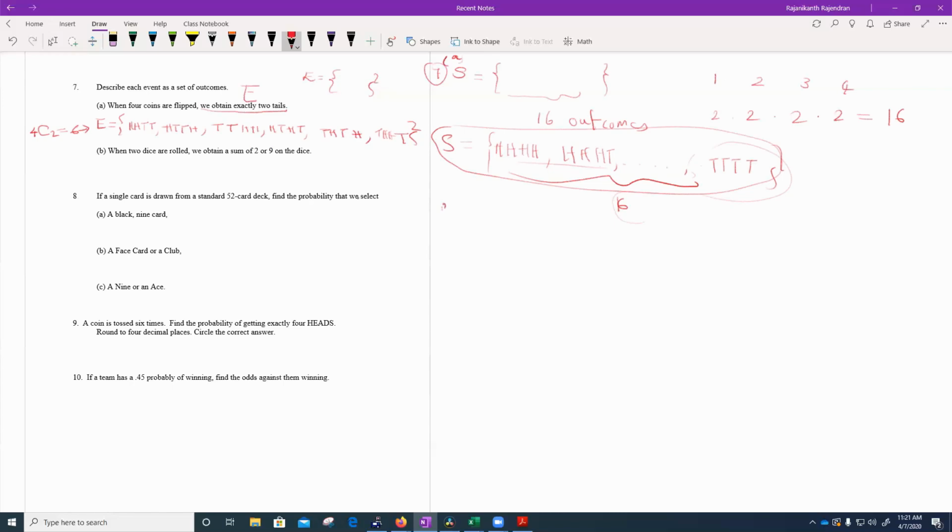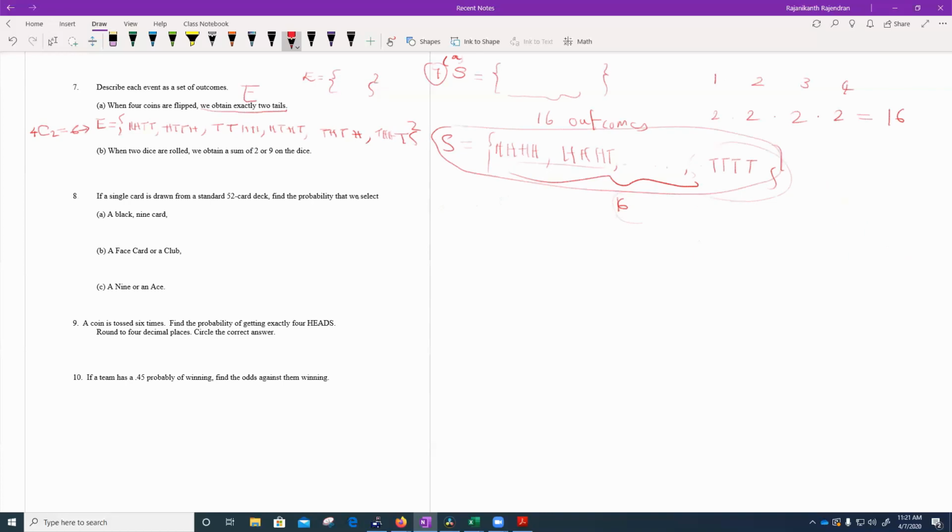Right. My part B. When 2 dice are rolled, what is my sample space? How many outcomes do I have for my sample space? When you roll 2 dice, there are 6 outcomes for each die, 6 times 6, which is